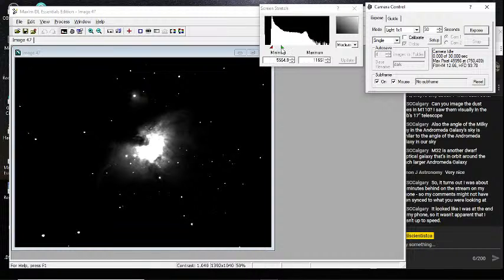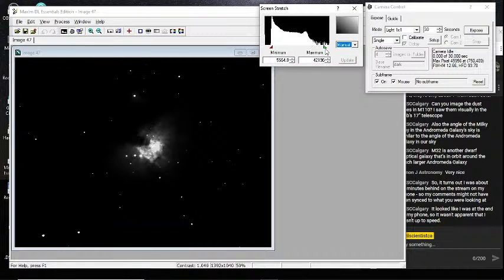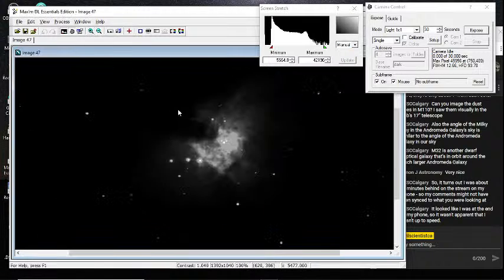So let's see if we can get some more detail out of this by playing with the stretch. We can do this and get a lot of the detail in the center. There's some stars here. I'll zoom in. See these stars here, the trapezium. They're very, very young, hot stars in the center of the nebula, causing a lot of this stuff to glow. Not all of it, of course. This is tens of light years across, hundreds of light years across.